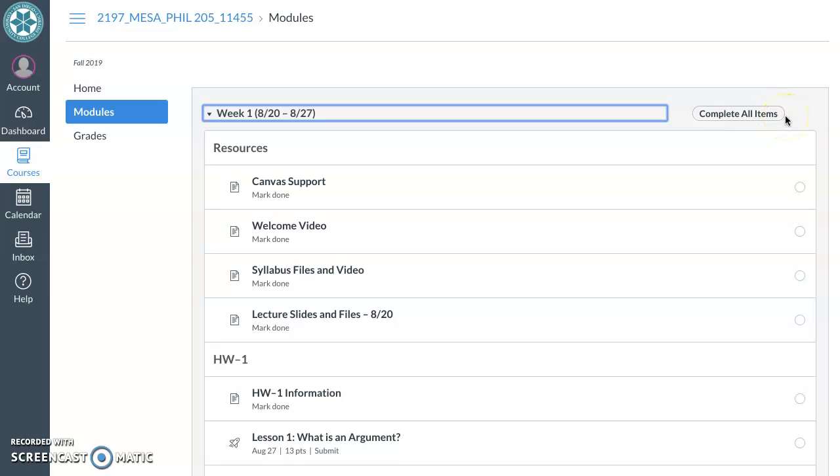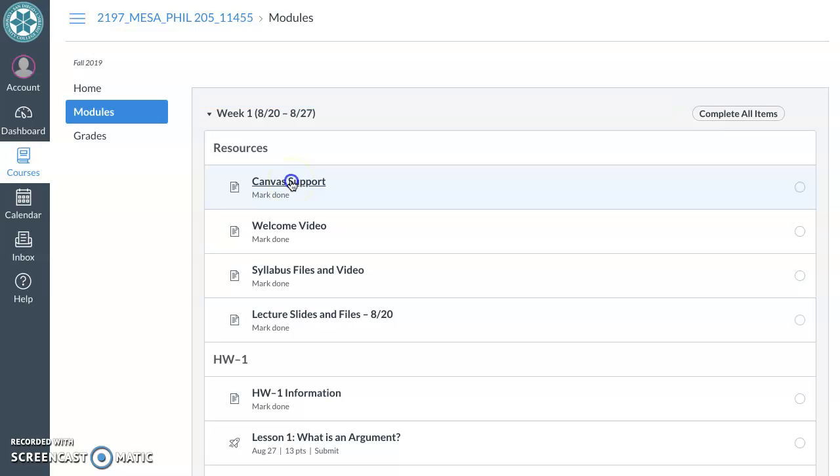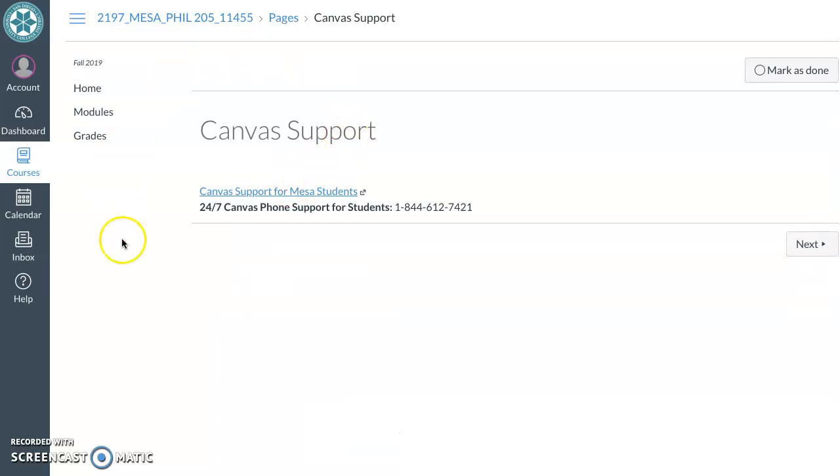This isn't something that you are required to do for a grade, and you don't need to complete them all in order to see the next module. They'll just be there. Instead, it's like a to-do list or a checklist that you can check off for your own purposes. So every little circle here can be turned into a check mark. Let's look at how. I'm going to click on the first resource, which is information if you need support, tech